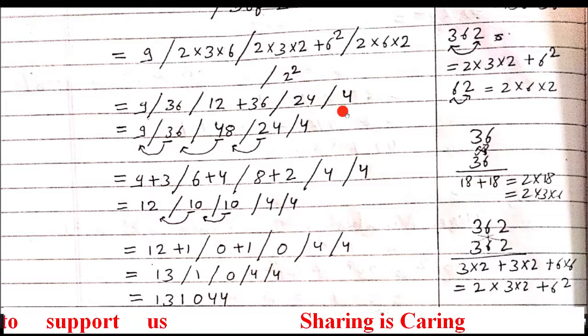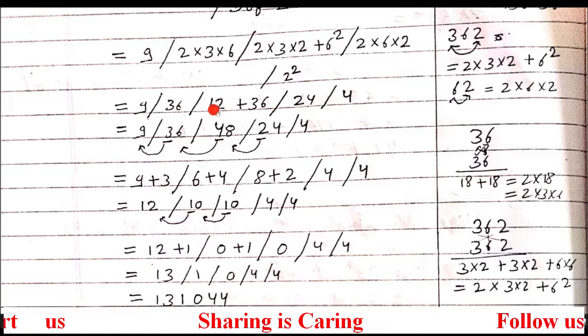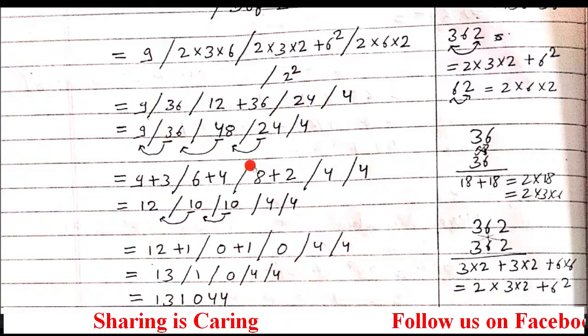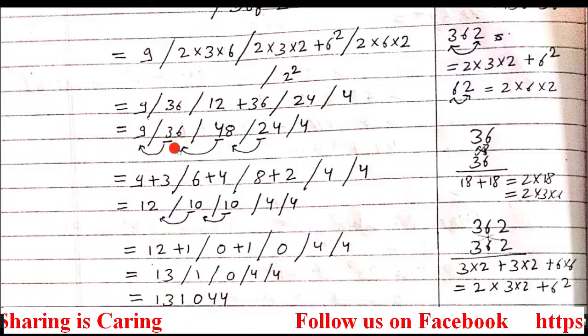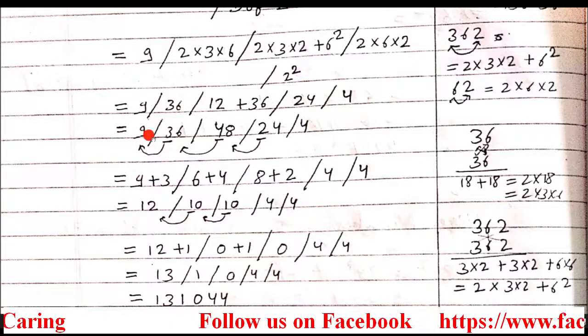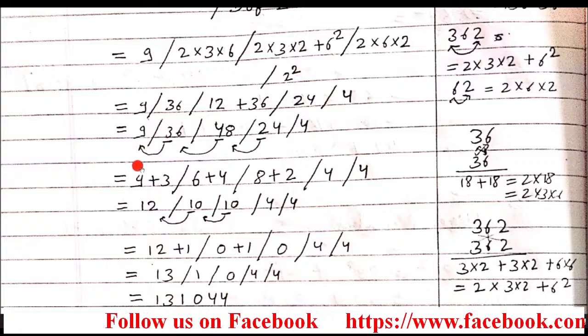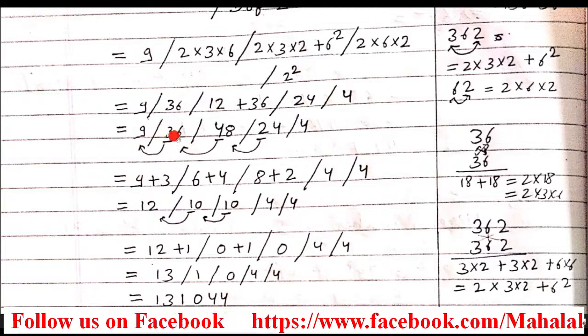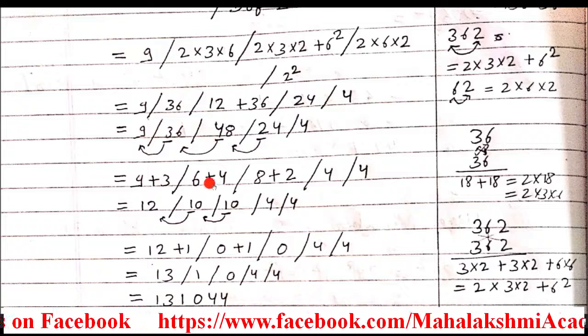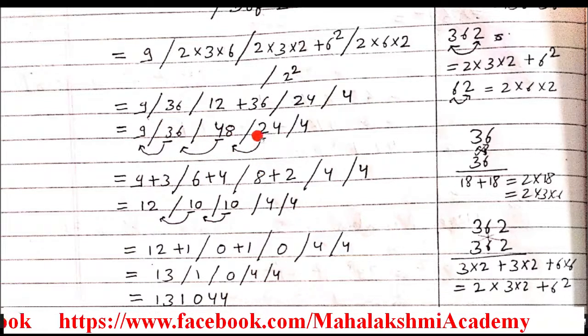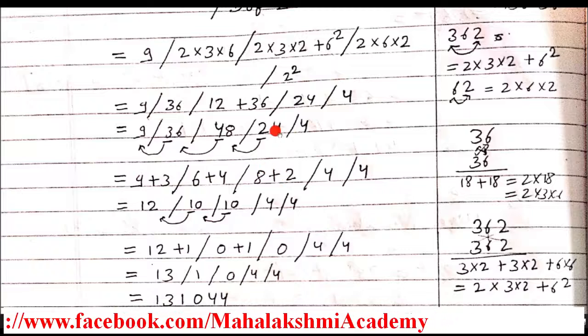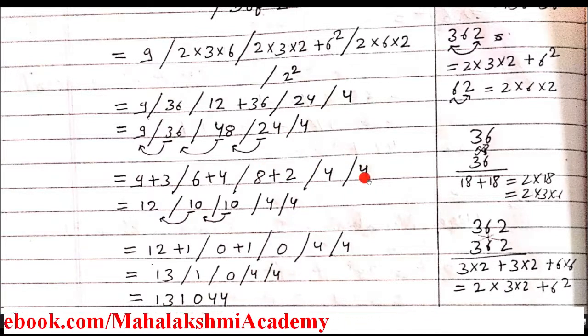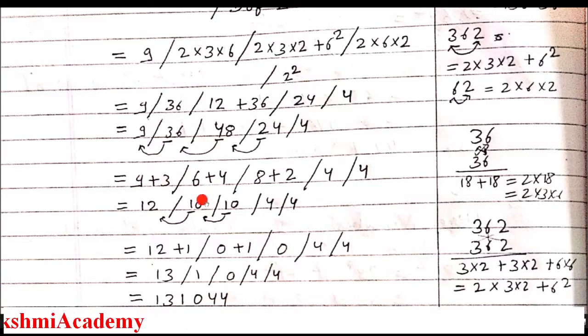Now in this Dvandva method, in each section only one digit should exist, other digits you have to shift, so just put the arrows like this, shifting arrows. Then this 3 will come here, so 9 plus 3, then 6 remains, then 4 will come here. In the same way here 8 remains, then 2 will come here. Now here only 4 remains, this 4 as it is. Now add them: 9 plus 3 is 12, 6 plus 4 is 10, 8 plus 2 is 10, then this 4 as it is and this 4 also as it is.